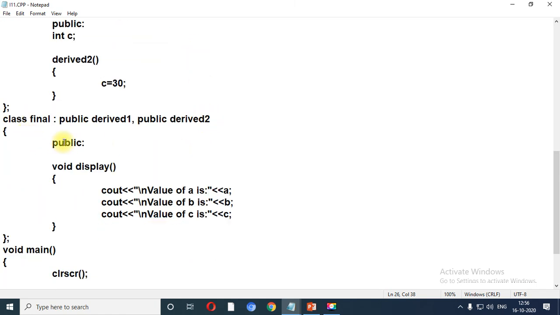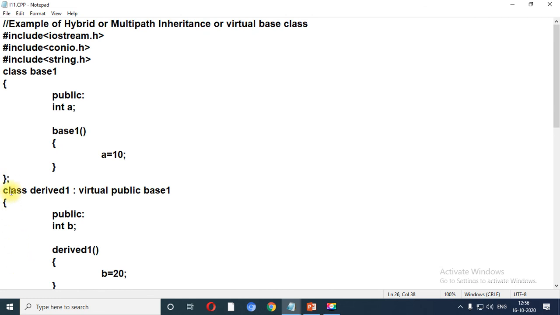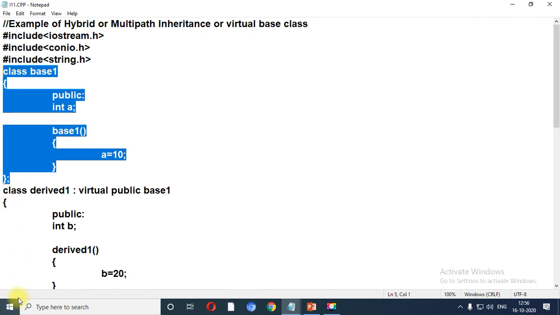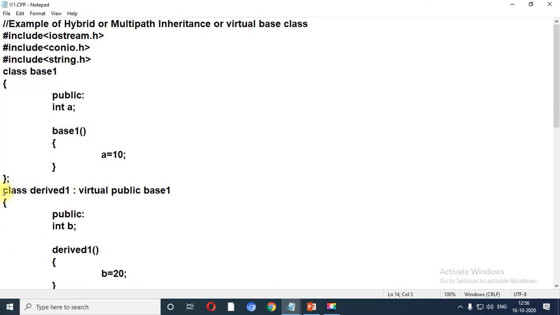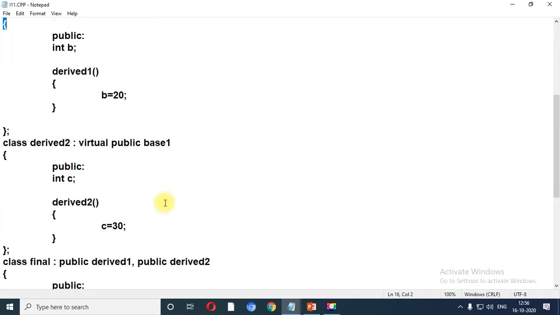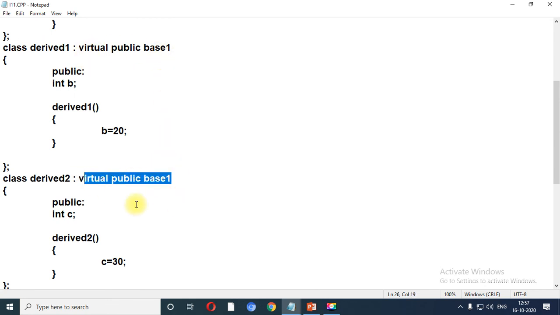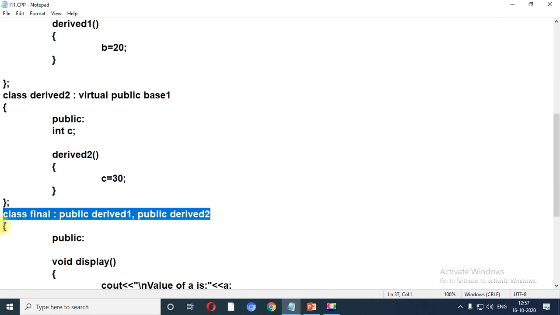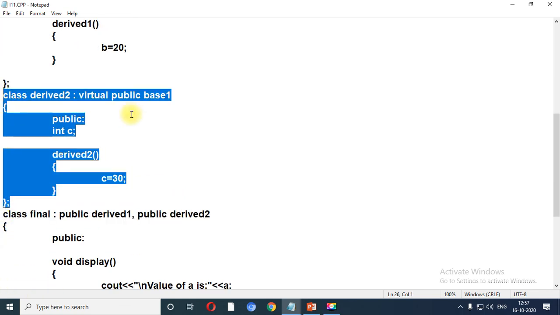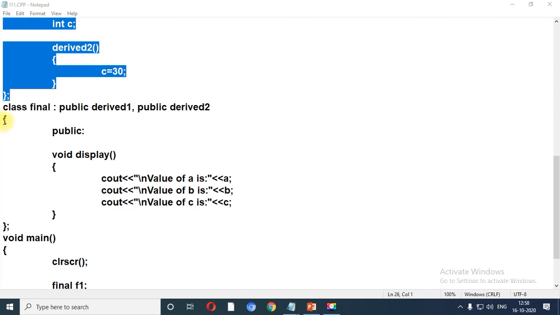Up to this derived 1, derived 1 and derived 2 share the virtual copy of public base class 1. Let me scroll down again up to base class 2, derived class 2. Let me scroll down the program, class final.